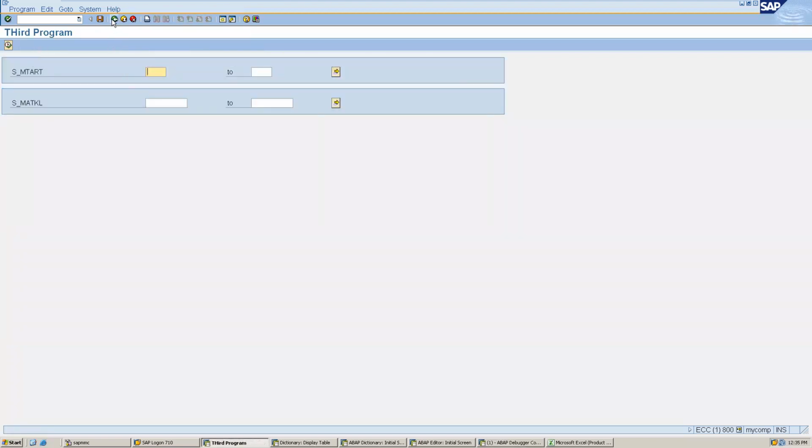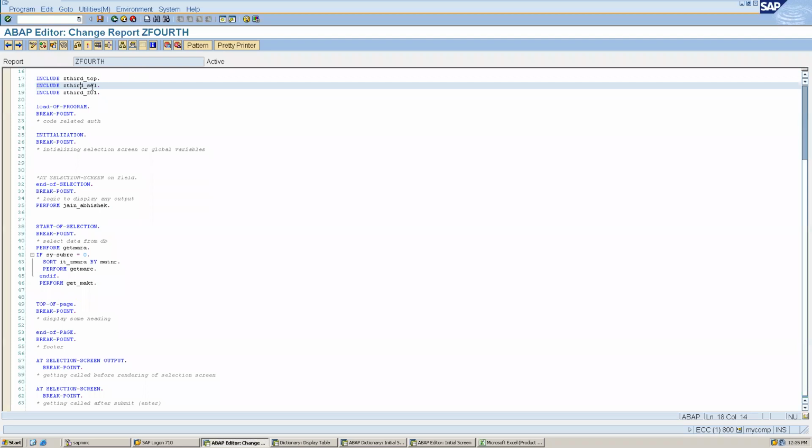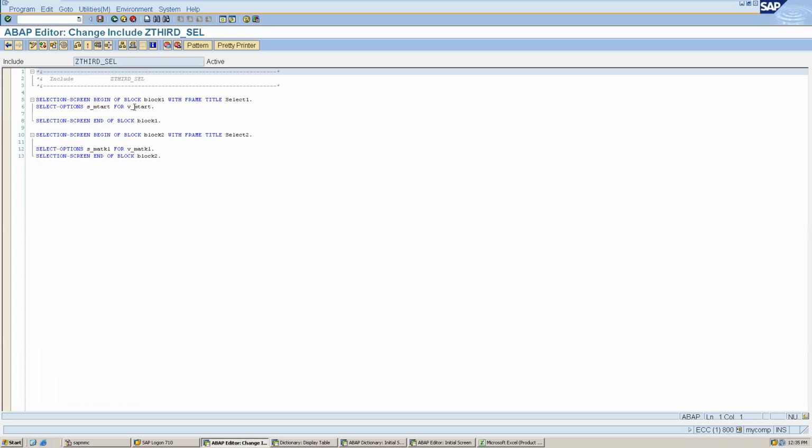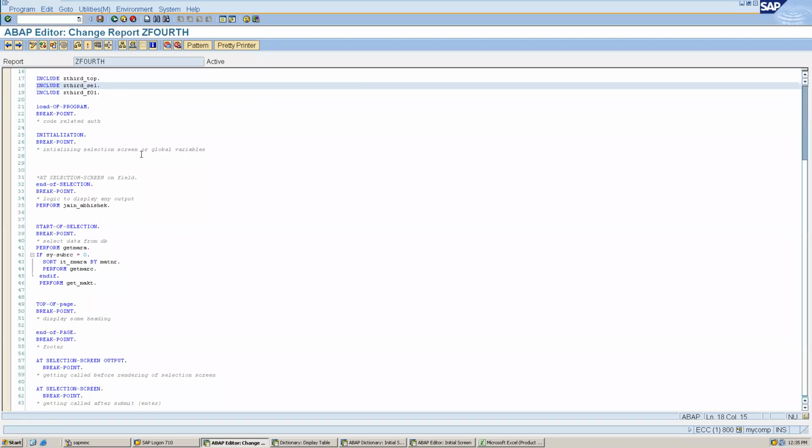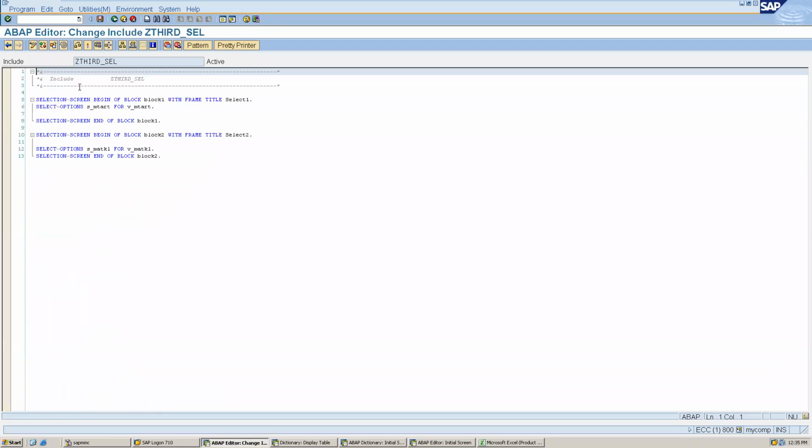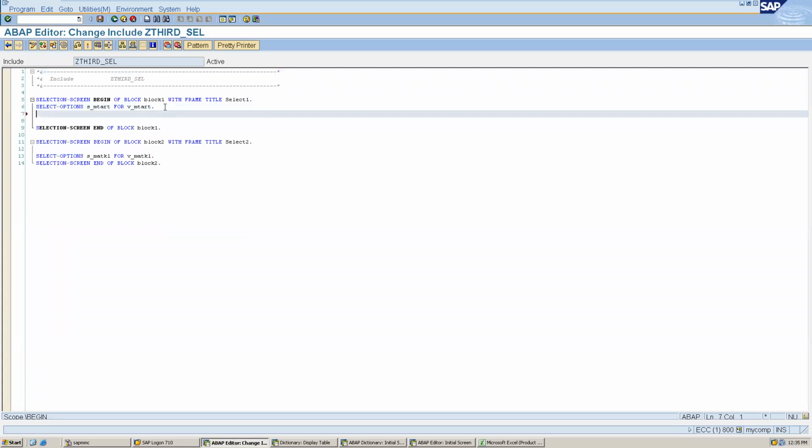It has not come, so something is wrong. First of all, it will be a little difficult, so let's understand with basic examples. For example, I have a field here, a select option, P underscore something, because S mart is creating a table, so it will be a little confusing.